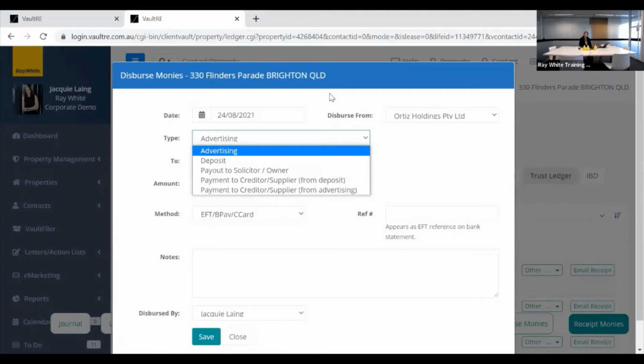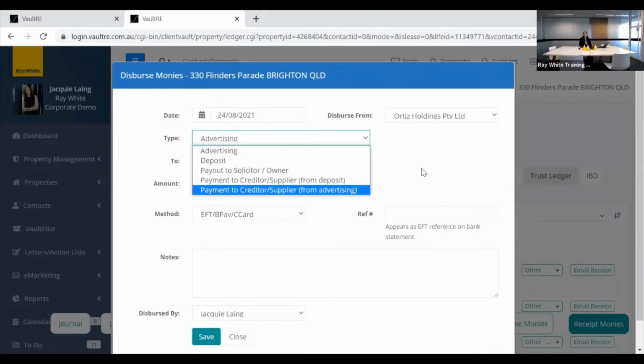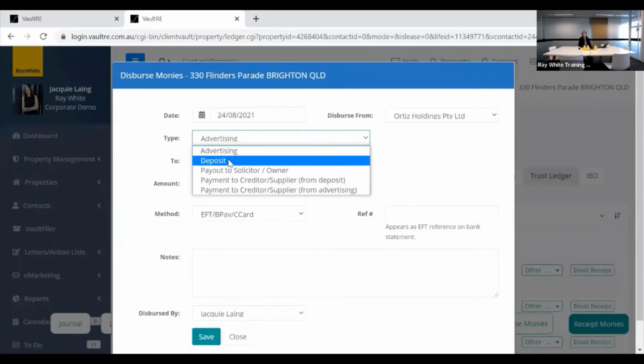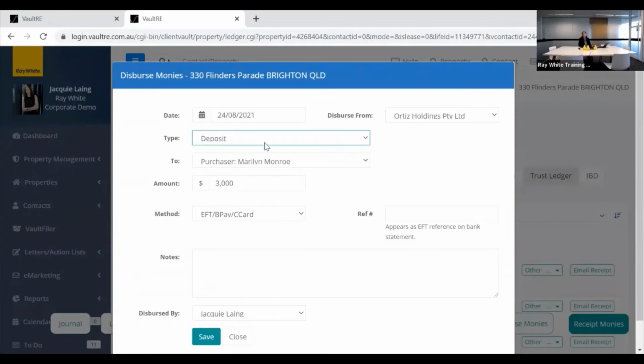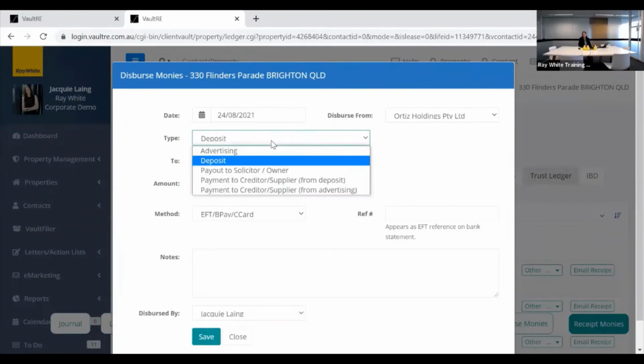Now, for those of you who have already migrated and where you're paying advertising monies to your general account but where you have not had that advertising money up front, so essentially you're deducting the advertising money from the deposit that's being held as per the instructions from the vendor, it is really important in that instance that you are dispersing the money from the deposit and you're not choosing advertising. You only use dispersed monies and advertising where you've actually received the money and receipted it as advertising money